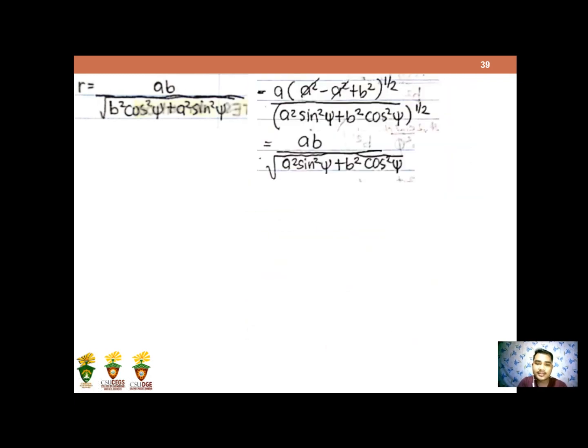Next thing is, since a squared minus a squared cancels, what remains is b squared. So b squared, square root of b squared is just b. That is why what remains in the equation is a b over square root of a squared sine squared geocentric latitude plus b squared cosine